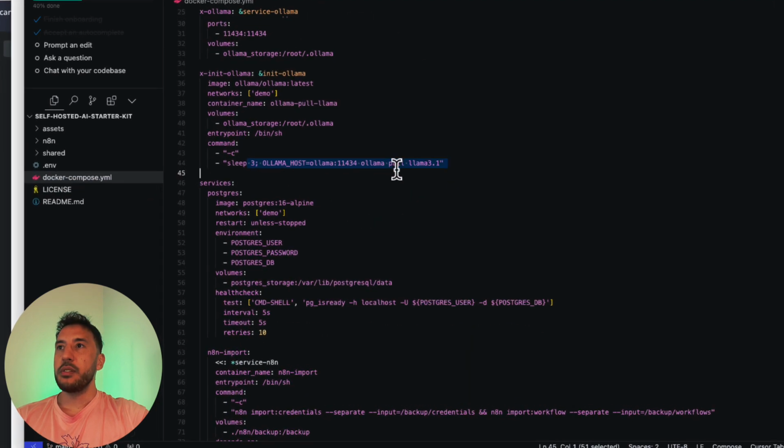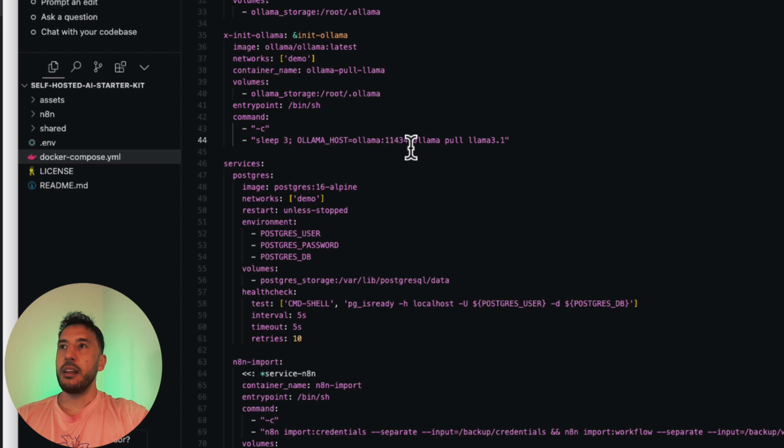And right here, as you can see, it's only pulling the Llama 3.1, right? So you can actually add another line here that says ollama pull snowflake-arctic-embed, and then you can rerun this. And that way it will download that model for you.